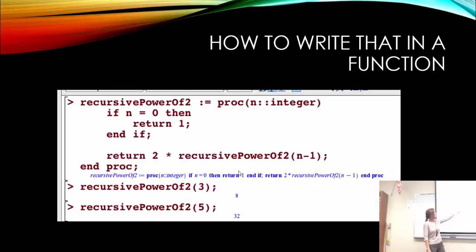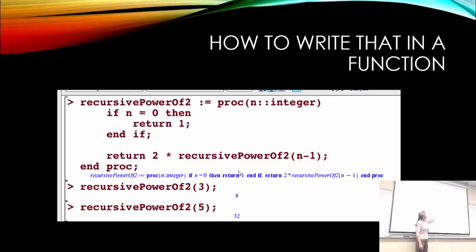So note something about our procedure. Our procedure takes in that value, n. So if n is 0, that's where we return 1. There's our base case. You always put your base case first. Usually, for simple recursive methods, we always put it first. And then we have our recursive call.